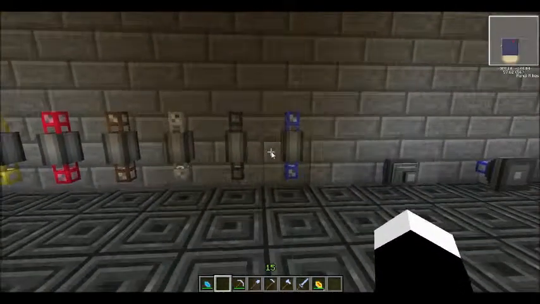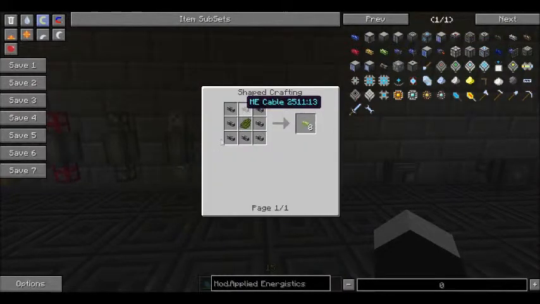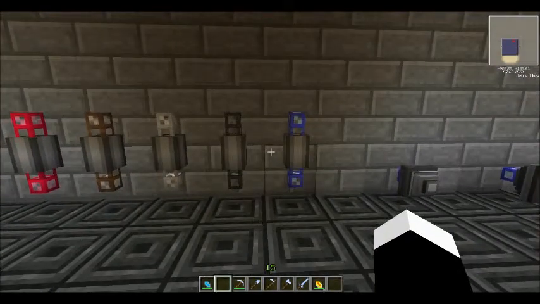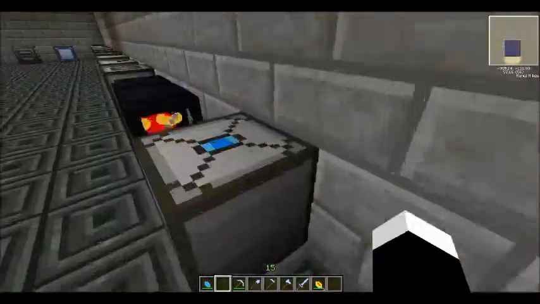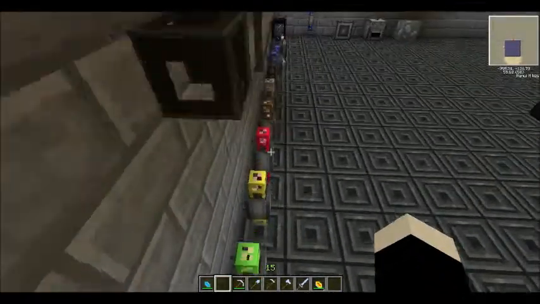To create these, take any cable, you surround it by color, and you have 8 of them. Basically, this allows for transportation through different cables without them connecting. I don't really see a benefit to it, but I don't do a lot of complex things with AE. I usually just use it for